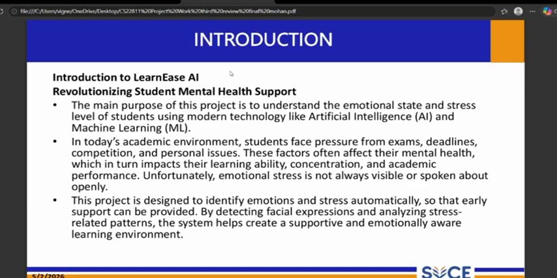Many students may not openly communicate these issues. To address this challenge, our project uses artificial intelligence and machine learning to automatically detect emotions and stress levels through facial expressions. This gives them more support and an emotionally aware learning environment. This is about the introduction.